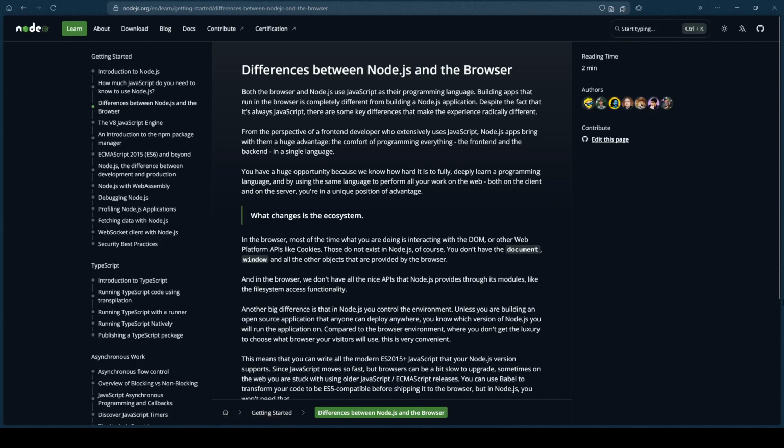Difference between Node.js and browser. I will be mentioning some of the points. Common JS, different environment. Both browsers and Node.js use JavaScript, but their environments differ. In Node.js, you handle backend logic. In the browser, you manage the UI, the user interface, like